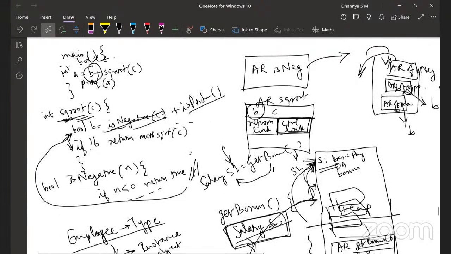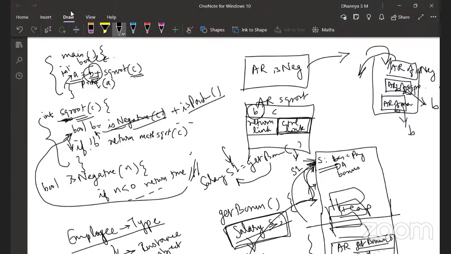Shall we just stick to this one? Sorry about the bad handwriting, but let us look at this. This variable A, this variable B, this variable C, we are able to access from within the main method. From the square root method, I cannot access this variable B, but I'm accessing a different variable B. This is a totally different variable. From the square root method, I'm not able to access this variable A. So the variable A is in scope inside the main method, but it is not in scope inside the square root method.